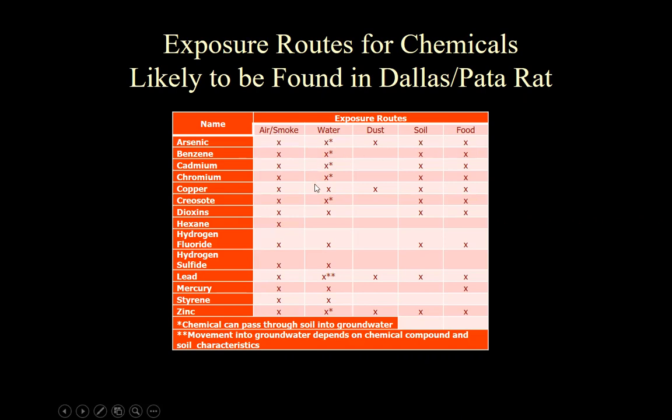So arsenic, copper, lead, and zinc all can pass through all 4 exposure routes. And so exploring these in more detail and trying to find causes would be a next step. And then you can see some of these, the ones with the stars, the chemical can pass through soil into groundwater. So with that waste, and if any of those, or even the burning, if that chemical is released from